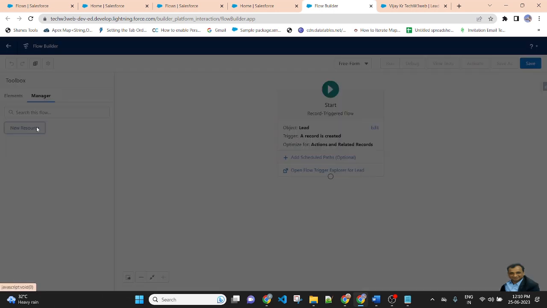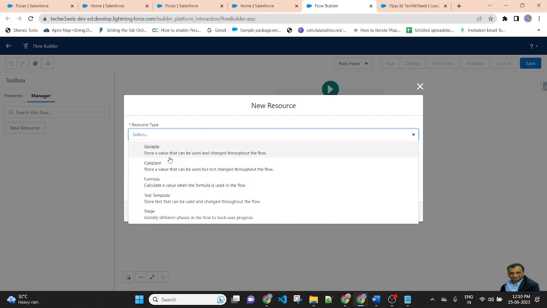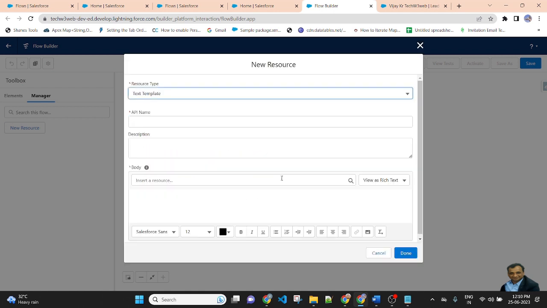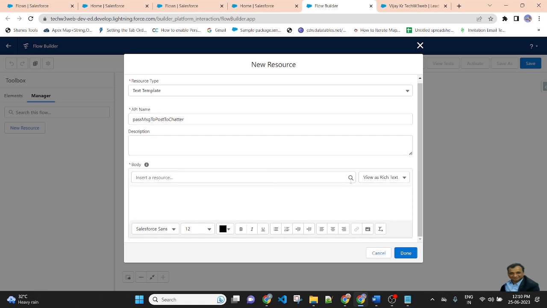So, new resource. I'm selecting text template. Pass message through post to Chatter. The API name is pass message to post to Chatter and body.